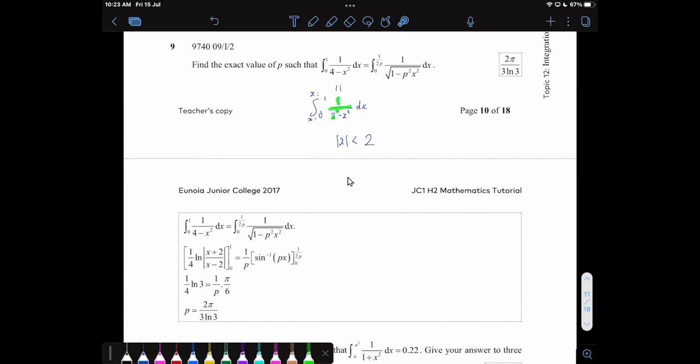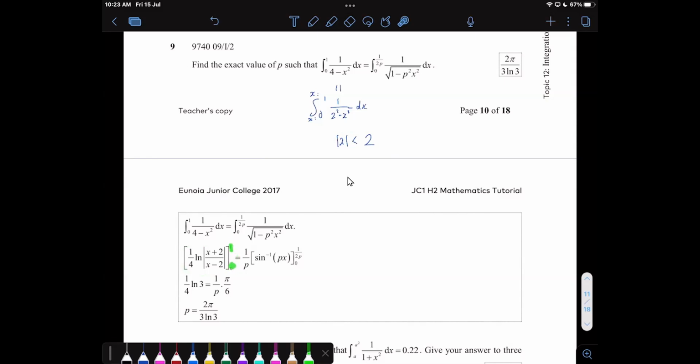1 over a square minus b square. Isn't that just a minus b times a plus b? Yes, you can use partial fractions. Partial fractions will always work. For this formula, you need to check this rule first, which is a bit more troublesome to me personally. But anyways, using the formula works, you will get this answer, but you have to sub in the limit 1